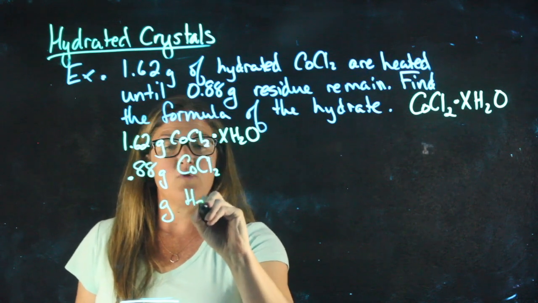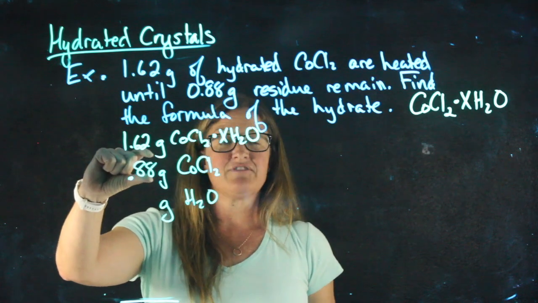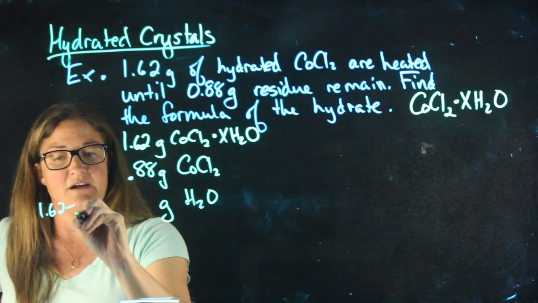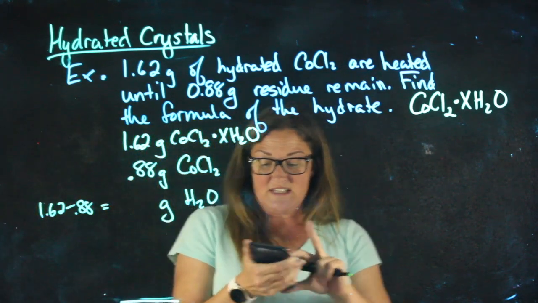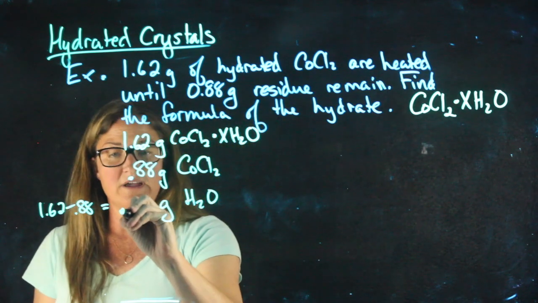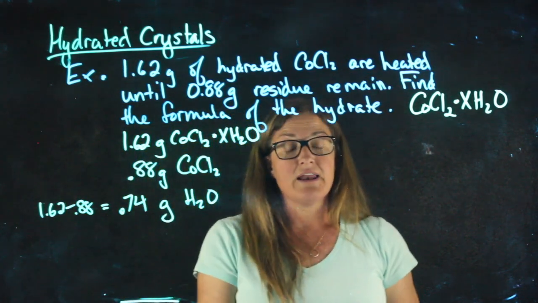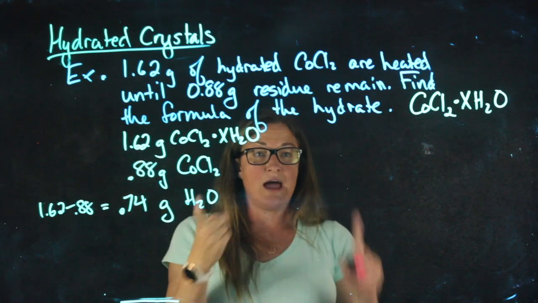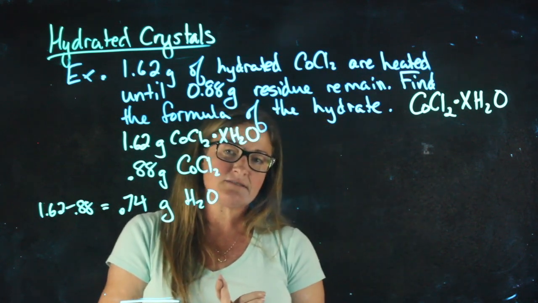How can I find the grams of water? Well, if this is what I started with, and this is what I'm left with, the grams of water must be the mass that disappeared during heating, or the difference in those two numbers. 1.62 minus 0.88 gives me 0.74 grams of water. From this point on, it's really similar to an empirical formula question. That is, I have grams of each. I'm going to get moles by dividing by molecular weight,